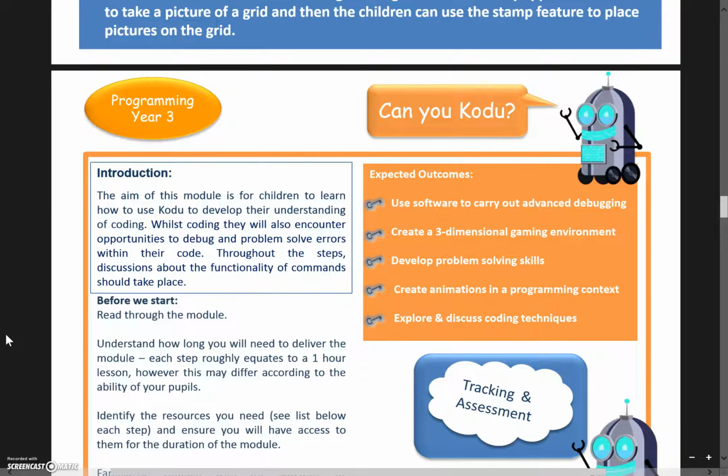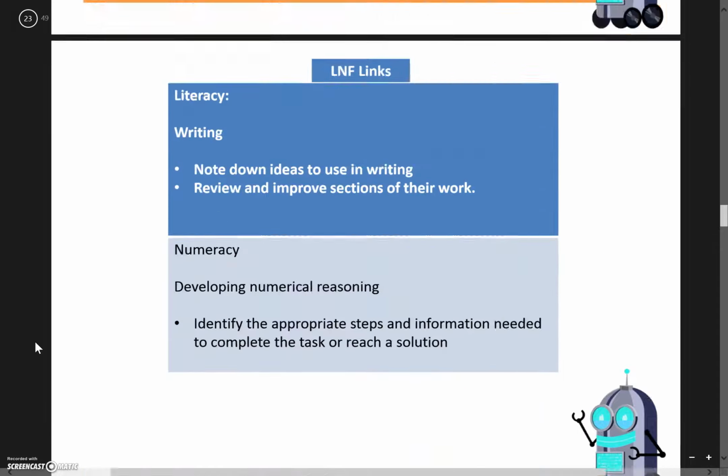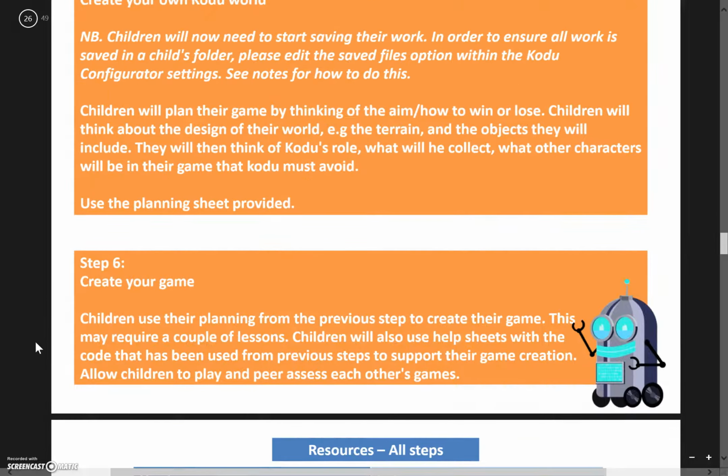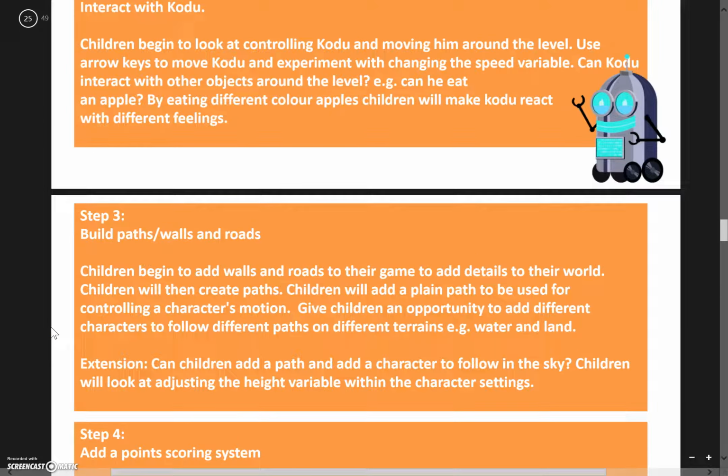Today we're going to be looking at the programming element of the scheme and looking at the Year 3 module, the Can You Kodu project. On the PDF you can see the expected outcomes that the children will be able to achieve by the end of this project. And within this project we've got 6 steps. And by the end of the project, children will be able to create their own game using what they've learned